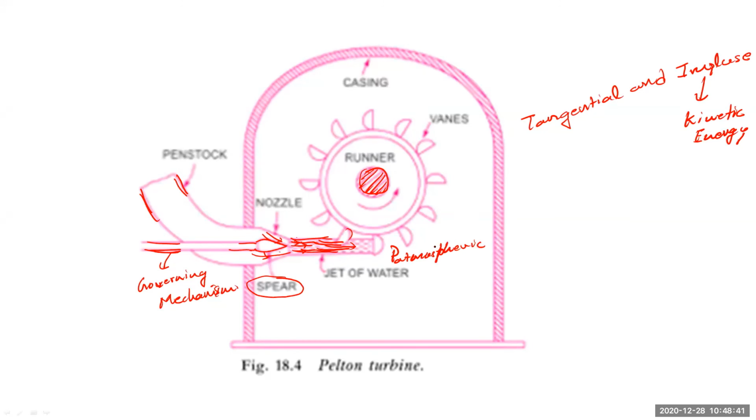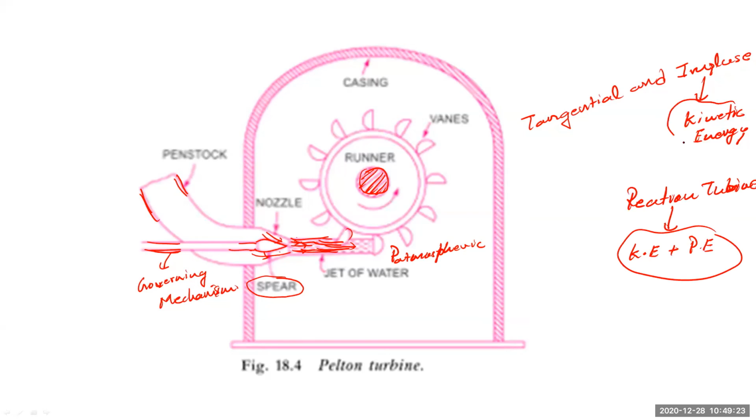Okay, the difference between this Pelton wheel and your reaction turbines, as we will see in a later part of this chapter, is that the Pelton wheel is open to the atmosphere, whereas reaction turbines are enclosed in airtight vessels. So there the temperature difference will be there. For a reaction turbine, you can keep in your mind that there will be kinetic energy plus pressure energy, a combination of the two. This is one difference that you can keep in mind.